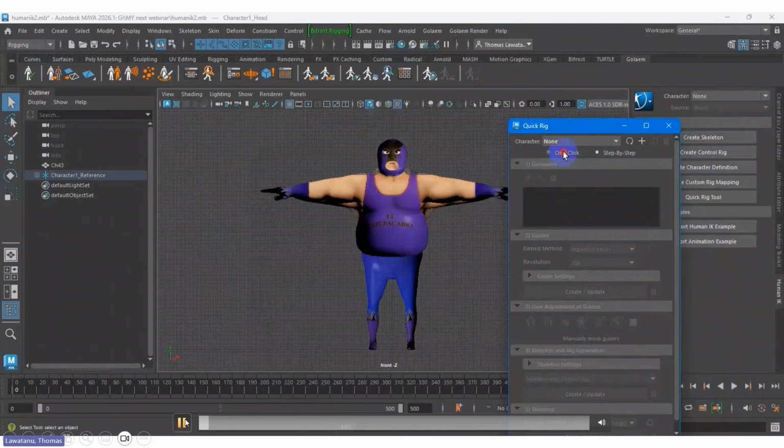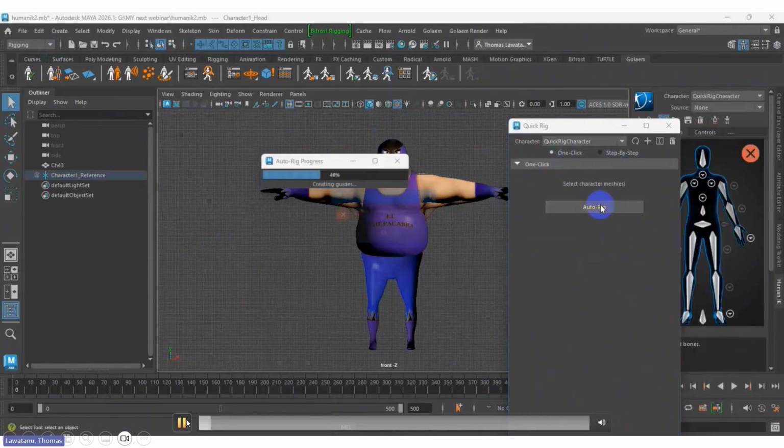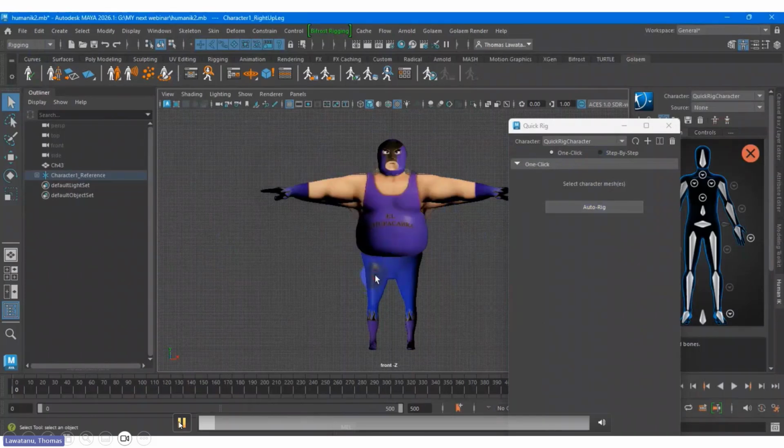So I play. First I'm using the one click. Why is there an error? Because I need to select the character first. Please choose your character, at least one mesh, otherwise an error will show on your viewport.